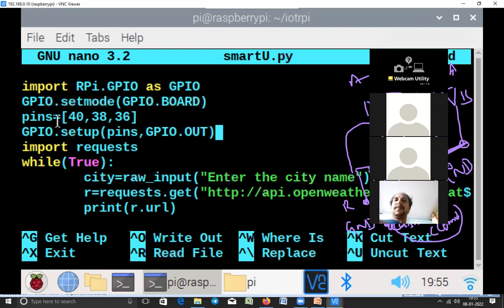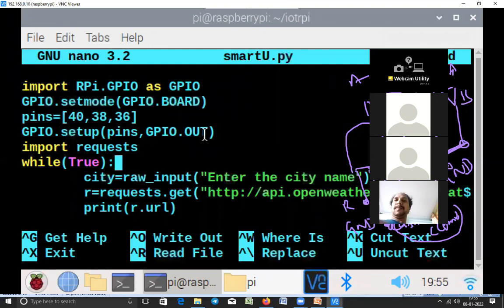This is a list of pins, 40, 38, 36, stored in a list, and all the pins we are making output pins, because we want to control the RGB LED. So pin 40 should produce voltage, pin 38 should produce voltage, and 36 too; from all these pins we want to write signal. So instead of writing 3 lines of code, we can write it in a single line also.